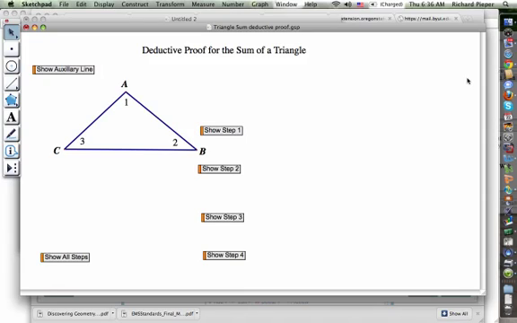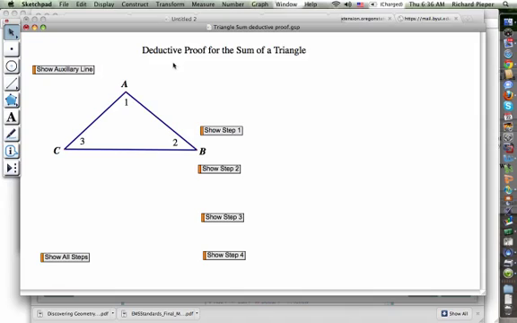looking at lots of examples does not prove anything, because all we need to do is find one example out there that contradicts this, and it blows our theory out of the water. So in order to prove something actually is true, you have to do a deductive proof rather than an inductive proof. You can't just look at lots of examples and draw a conclusion and effectively say it's true. So we're going to look at a way so that we'll know that every single triangle that is produced,